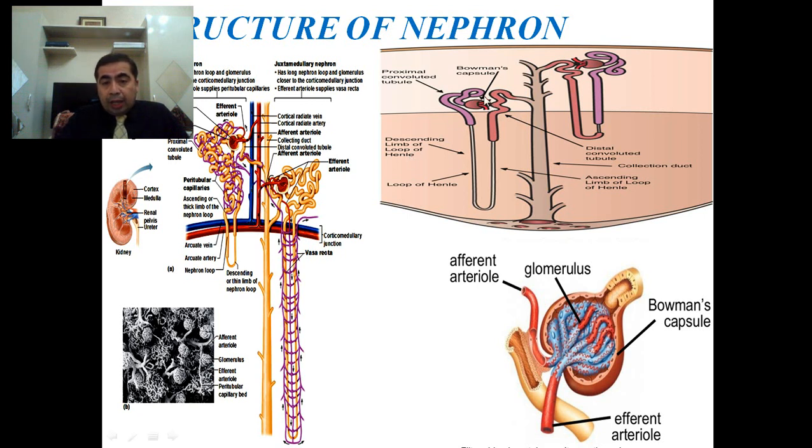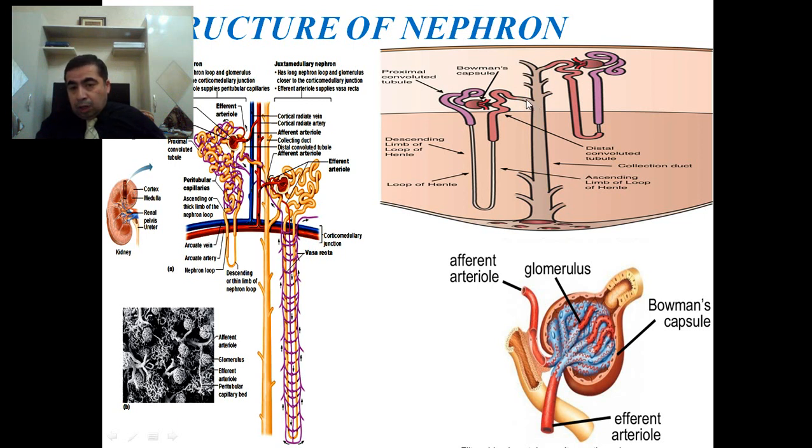Again, you have to look at this picture. The proximal convoluted tubule, the beginning part of this tubule, is enlarged. Then it passes to the loop of Henle. The loop of Henle has the descending limb, then it forms the genu, and the ascending limb. The loop of Henle consists of straight tubules, and then it goes upward and passes to the distal convoluted tubule. The final part of the distal convoluted tubule is known as the connecting tubule, and it is opened into the